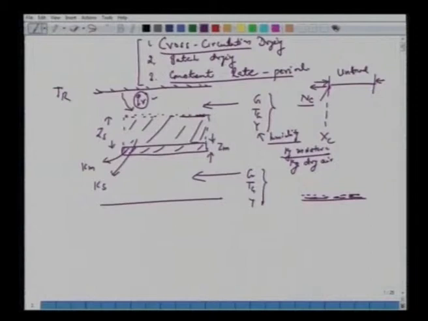Since we have G, we can expect another convective heat transfer coefficient. So let's say the bulk temperature was given as Tg, and then there is a drop here, Tg to this Ts. So we can have a convective heat transfer coefficient. Bulk temperature is Tg, the air temperature, and then there is a drop here, so the top of the surface here is Ts. Okay, so water evaporates at Ts. Only thing is that Ts is not known to us. We know the radiation temperature Tr, we know the air temperature Tg, but Ts is not known to us. We will see how we can make an estimate or how we can calculate this Ts.